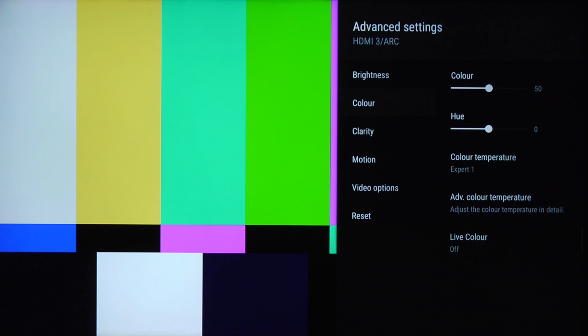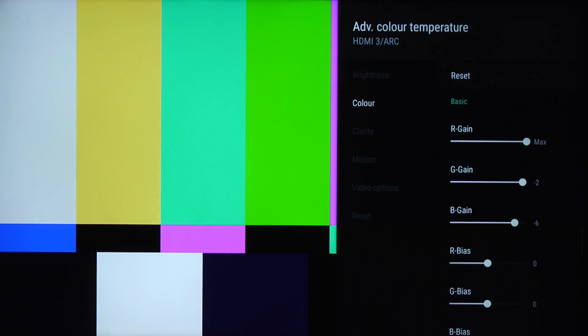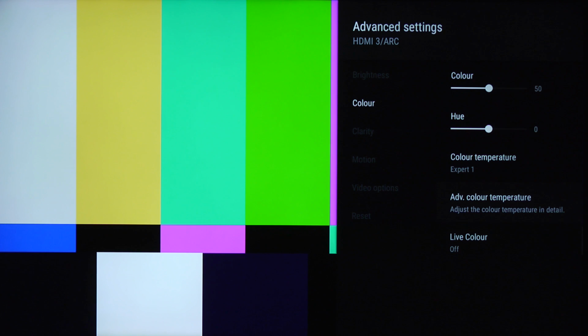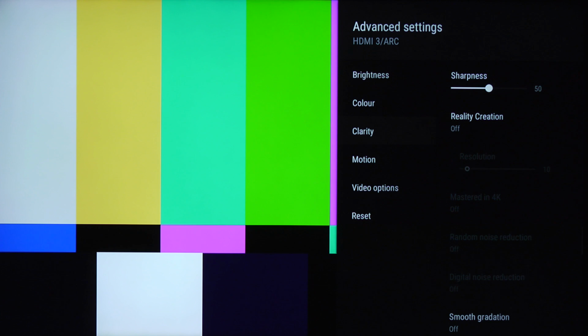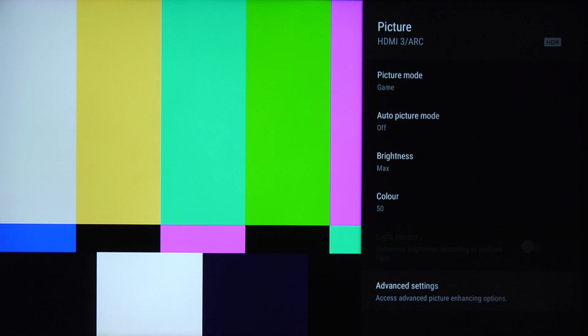Under color, leave that as they are at 50 and 0, and it's the same Expert 1 settings, whether it's in SDR or HDR. It's a quirk of Sony TVs, but it's the same settings that are used for both HDR and SDR. So you can't really change that when you're using an HDR mode, you just have to use the same one for both. As with the SDR version, we've got sharpness at 50, reality creation off and smooth gradation off, and also motion flow is off as well. So that's a game at HDR setting. And if I go back to the top,